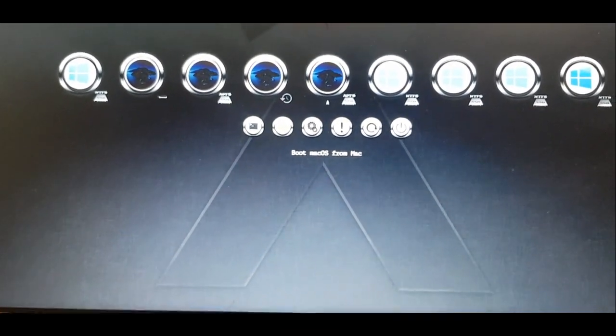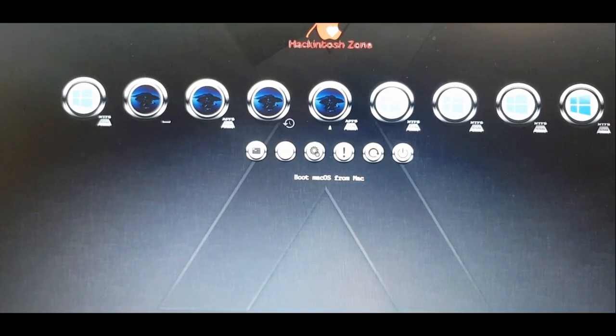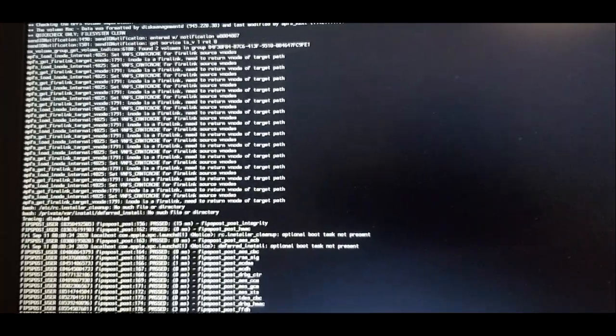And here, if you click on your Mac drive, it will start to boot normally, which is going to complete your installation and